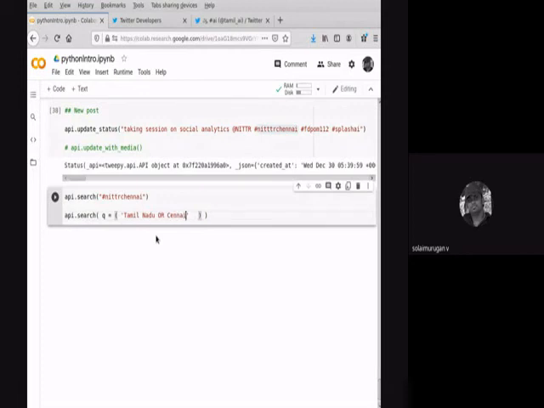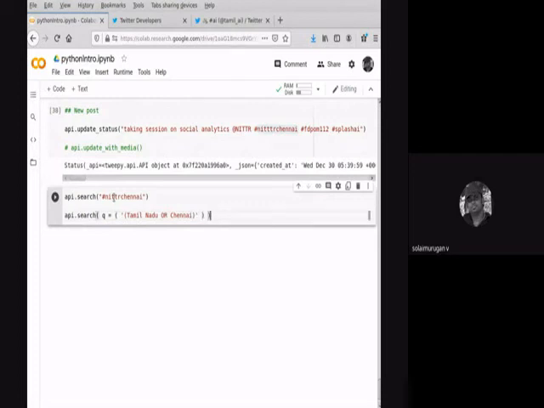A tweet which contains the words Tamil Nadu or Chennai, either of these two words. You can also mention complex stuff like this. So all the tweets will be returned with either Tamil Nadu or Chennai. This is another way of search.